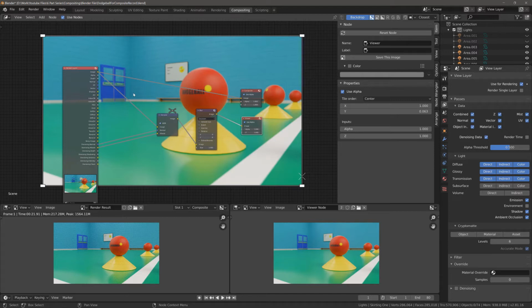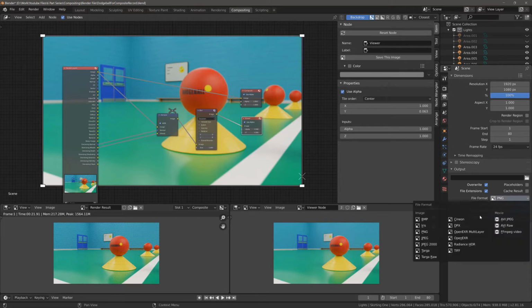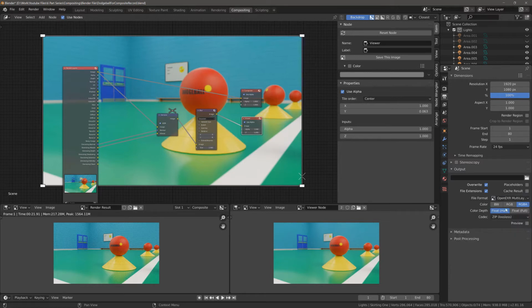So the way we do that is we're going to come over to the output properties in the properties panel, and where it says output, we're going to define the output location. But before we do that, we're going to change the file format. The format that we're going to change this to is known as OpenEXR multilayer. Now make sure you select the multilayer one and not the standard EXR. So select OpenEXR multilayer,